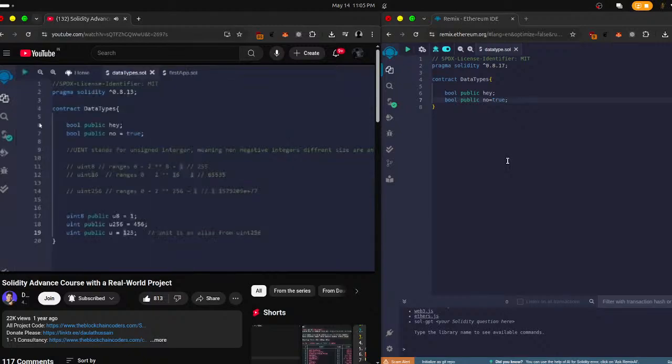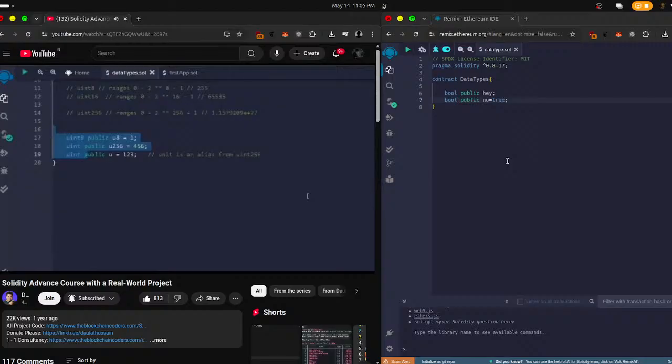So I hope this is making sense to all of you, how you can define the boolean, and how you can take this uint. And uint only stands for positive numbers, no negatives, and that's the important point you have to keep in mind. Okay, now let's come here, and the second data type we're going to take is